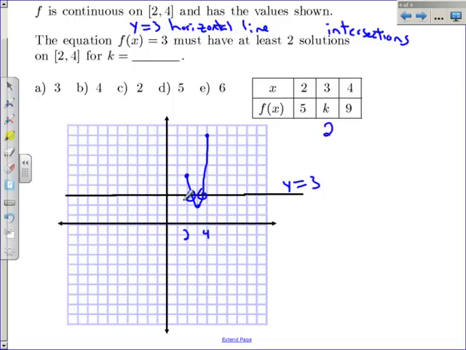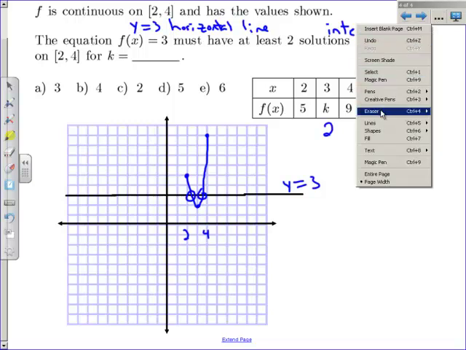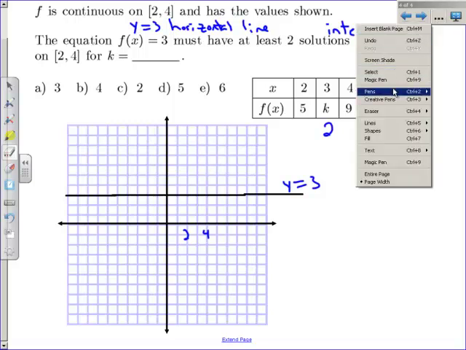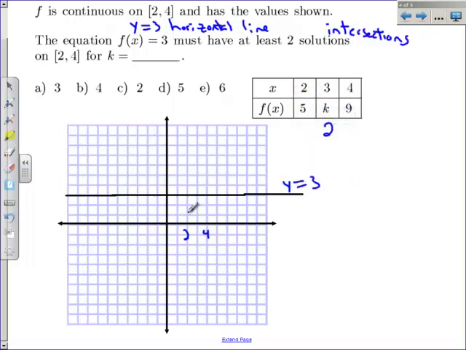Now does this mean it has to do it exactly twice? I mean, the graph could have, let me erase this and get back here to my marker. I want to show you some. The intermediate value theorem doesn't say how many times it crosses. 2, 4, 5, and then 4, 6, 7, 8, 9, and then we said 3, 2. The graph could have come down here once, gone back up, come back down, gone back up, and done this. It could have crossed it 1, 2, 3, 4 times. So it doesn't tell you exactly how many times it's going to cross. It's just going to tell you how many times it has to cross at least.